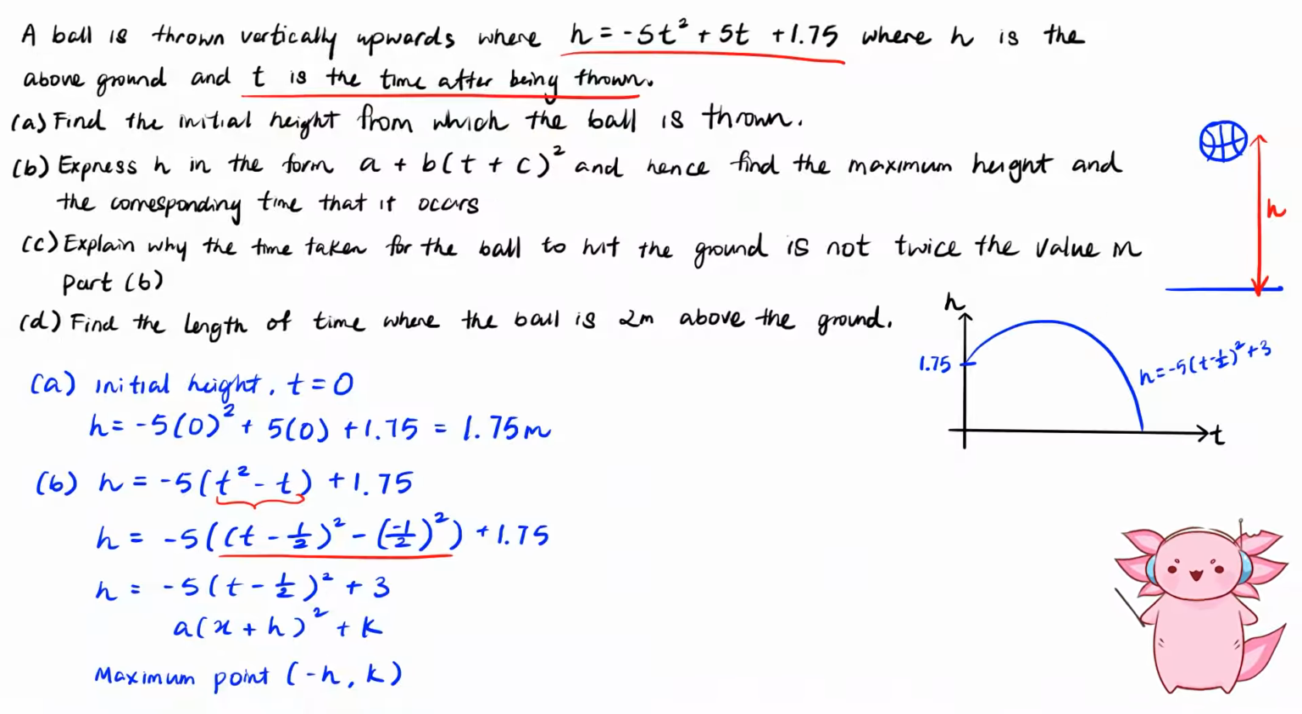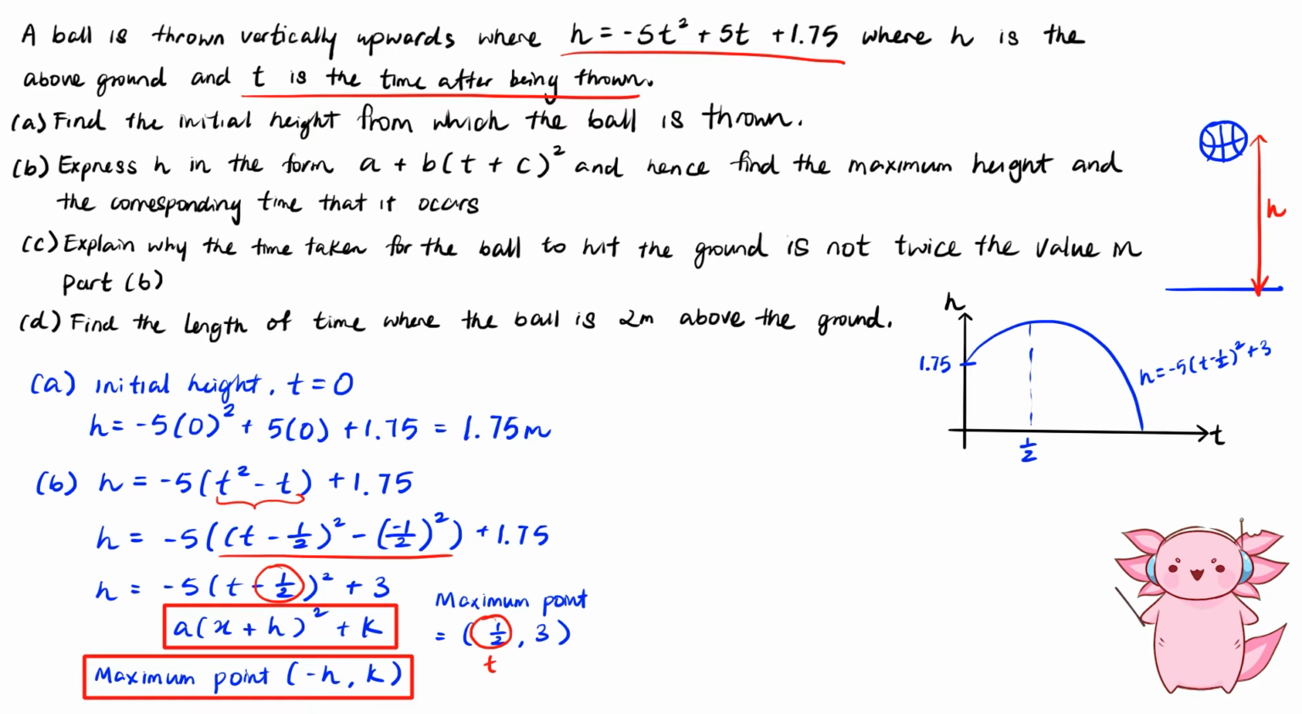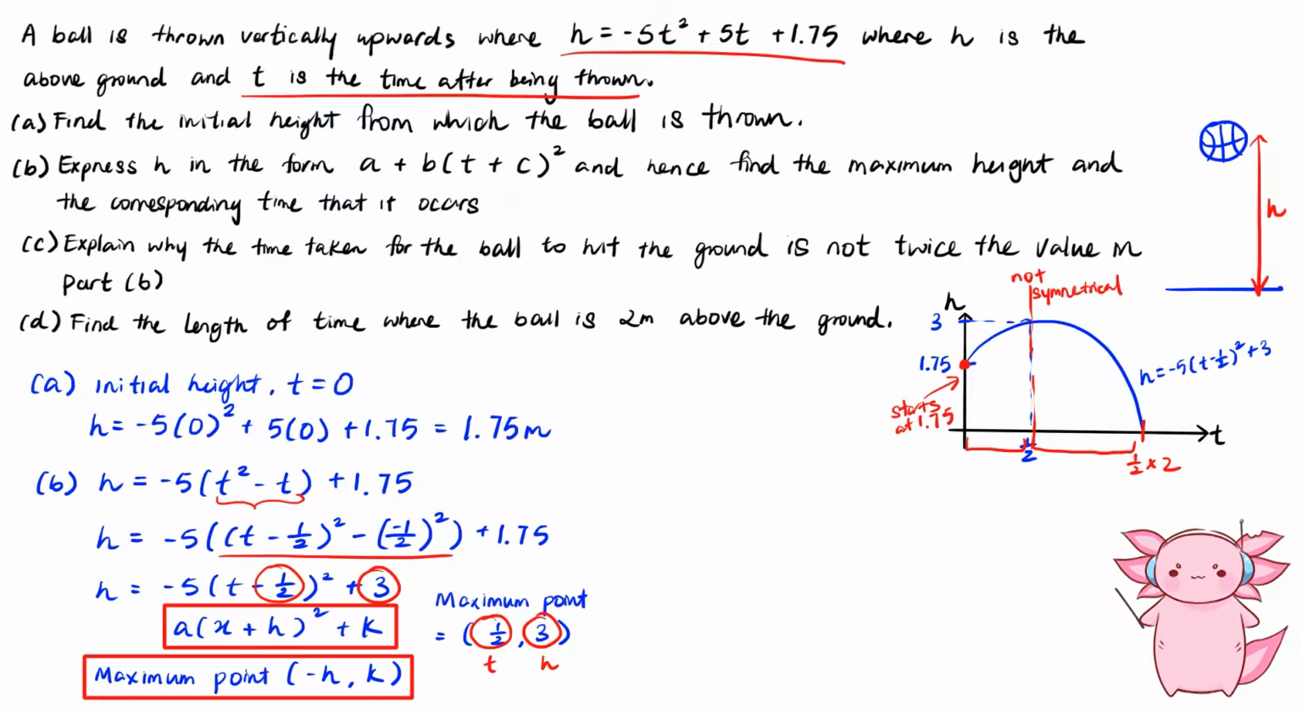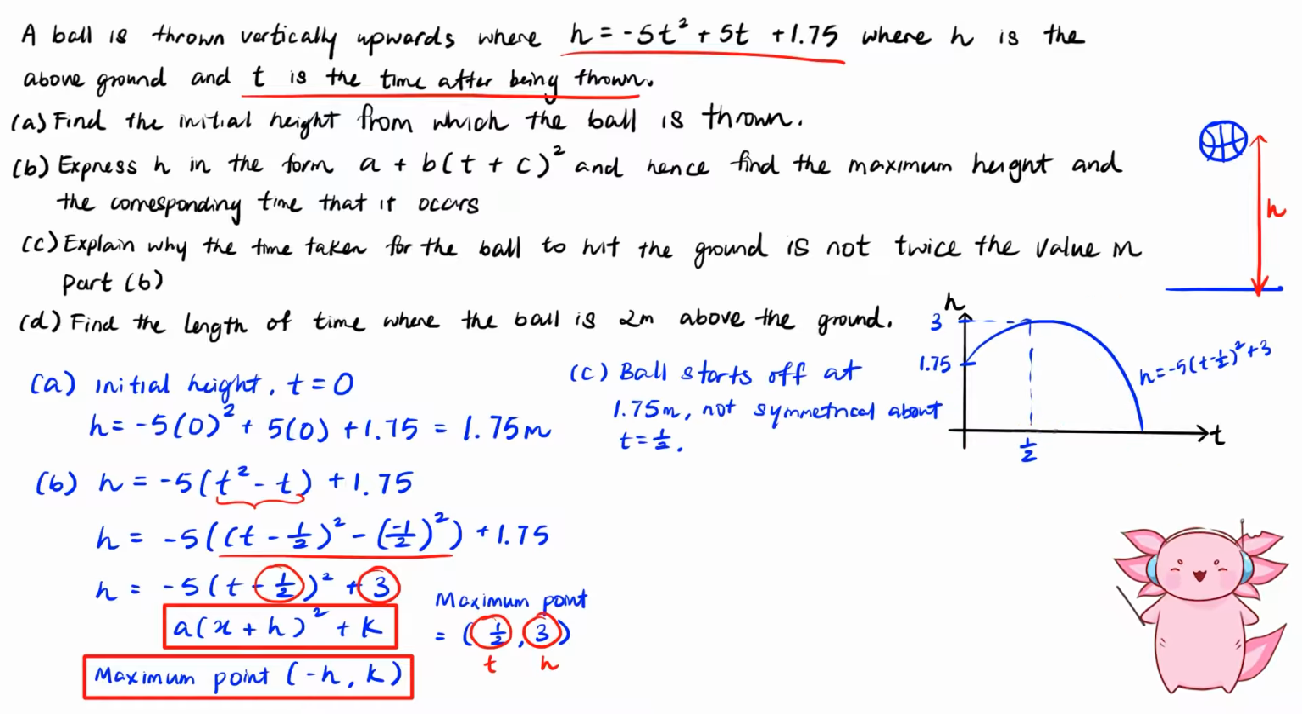Then, because the maximum point is (negative h, k), we can get the maximum point of t is equal to 0.5 and h is equal to 3. Now the next part is quite tricky since they ask you to explain why this point is not just half times 2. Now because the ball starts off at an initial height of 1.75 meters, you can see that this portion over here and this portion over here are not symmetrical, so therefore you can't just take this value and